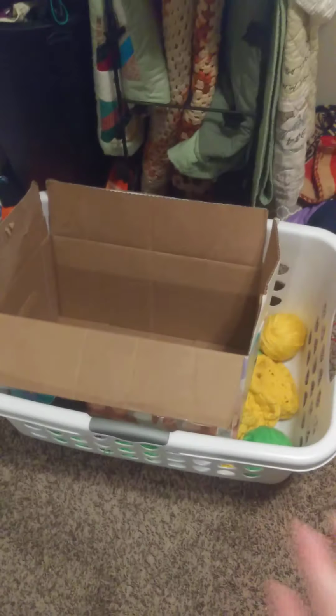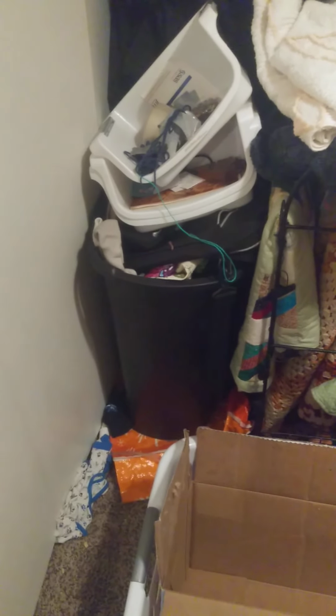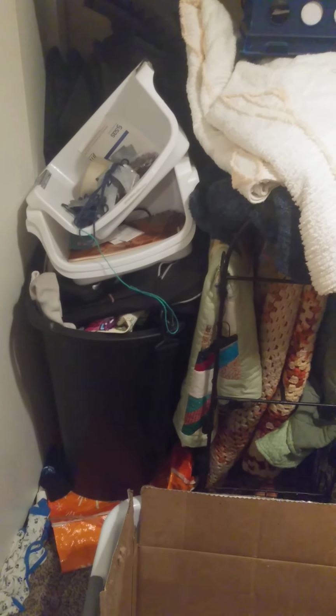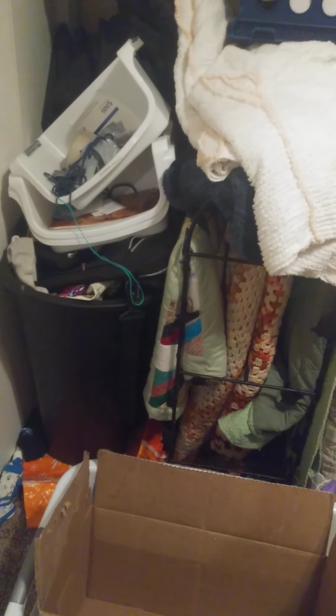And we need to make the bed and make that look nice. We need to vacuum the floor. I need to find another home for this. This is like, I don't even know how to explain this. At one point the kids were naughty, and so we let them keep like two toys, and we kept everything else, and it's all in these two trash cans. They're not like trash cans. I mean, they are trash cans, that's the function, but they haven't been used as trash cans. One we bought specifically to store stuff in. And then this one,